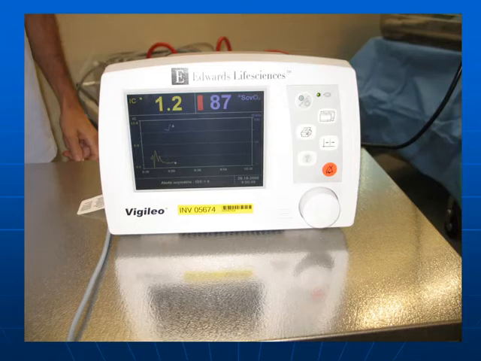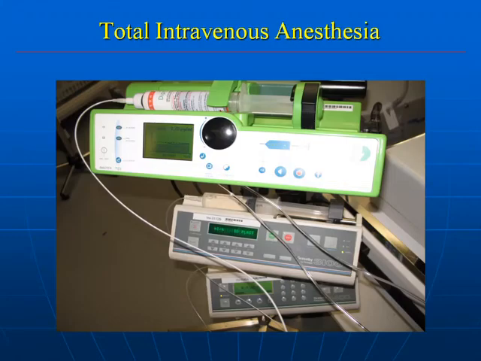And the advantage is that you know in real time exactly what the cardiac index of your patient and what the SpO2 is. And I will show you some examples of why it's so important. Total intravenous anesthesia with the blood spectrum analysis. I showed you this. We use sufentanil, continuous sufentanil